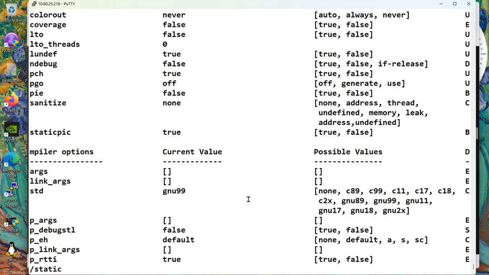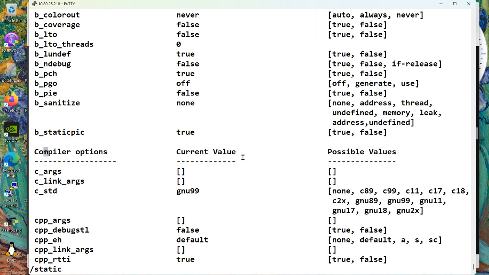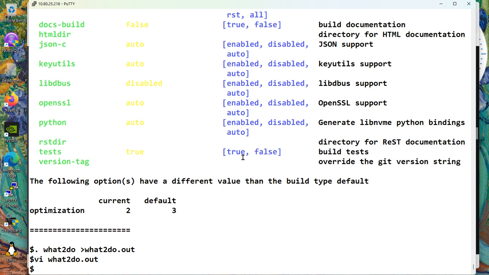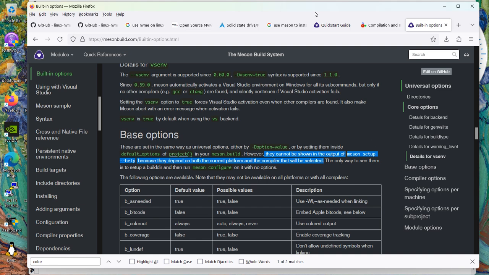Static position independent code is true. They don't have a static PI. This is the best you're going to get, and that's all there is. I think we've done the best we can for configuration. Now it's time to move on to the next step,